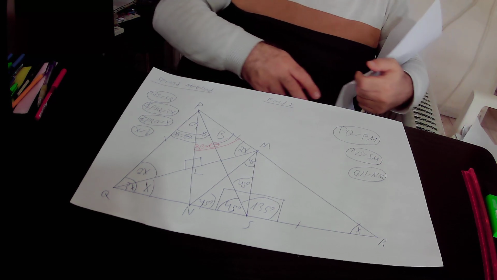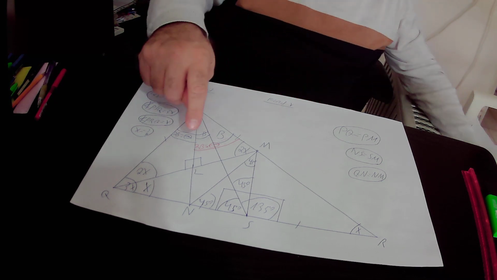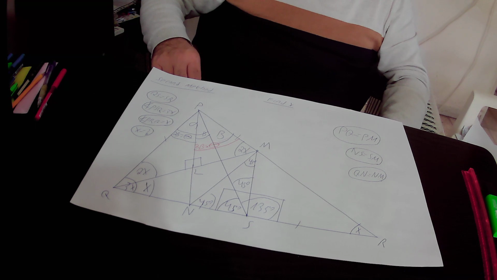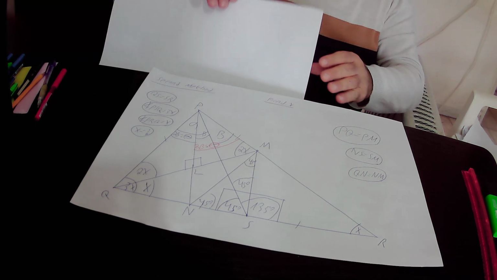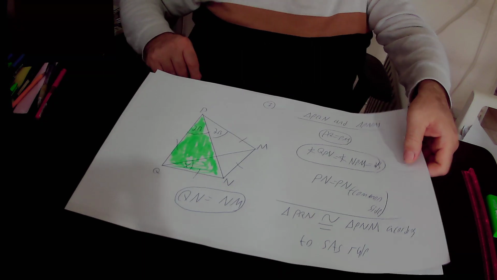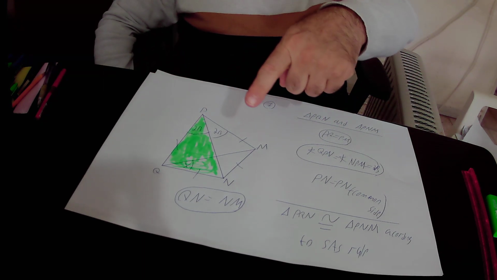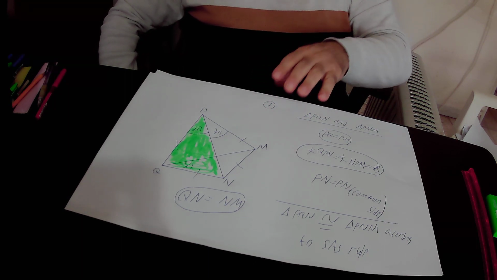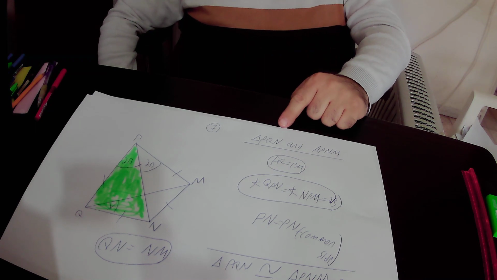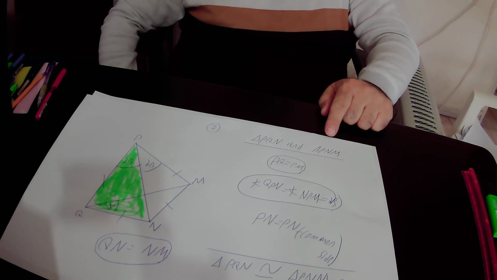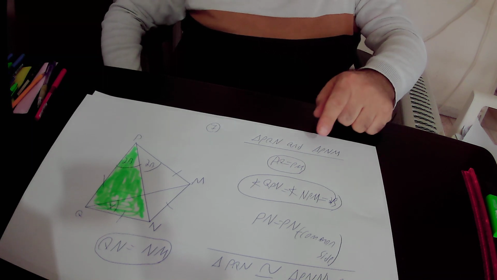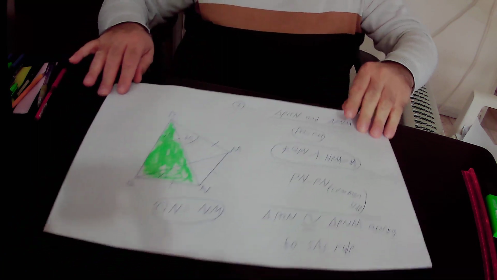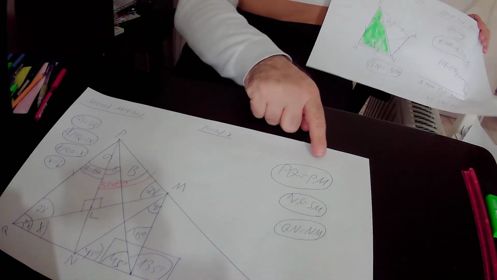Then we proved that triangle PQN can go into triangle PNM. I drew those two triangles together and we proved that the green triangle, triangle PQN, can go into the white triangle, triangle PMN. So why can they go into each other? First of all, angle PQN equals angle PNM. PQ equals PM. We have already found out that PQ equals PM,